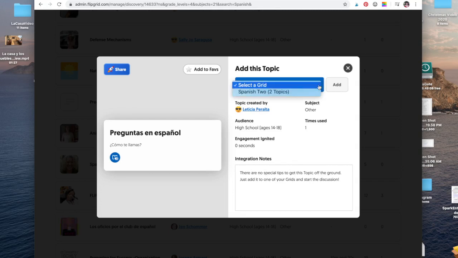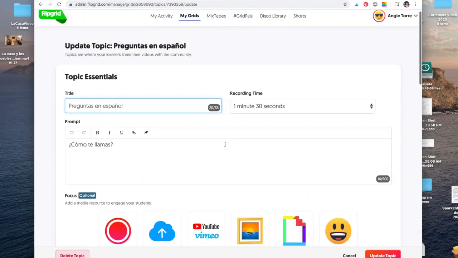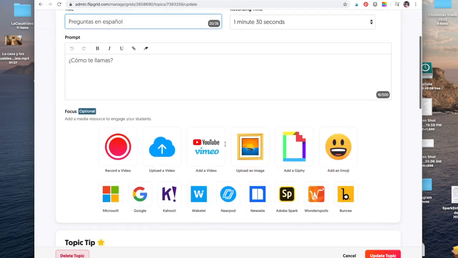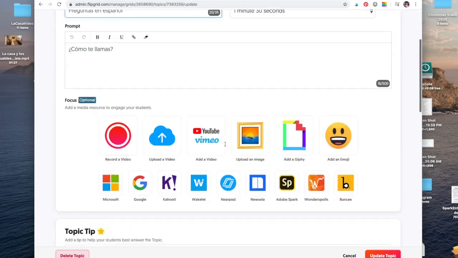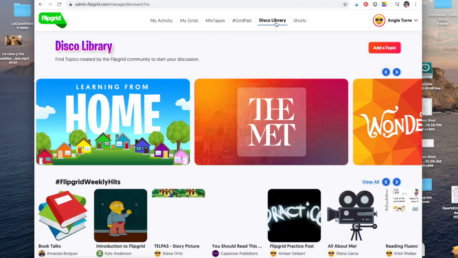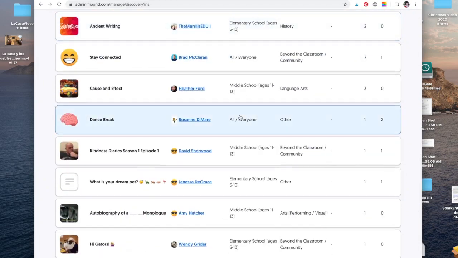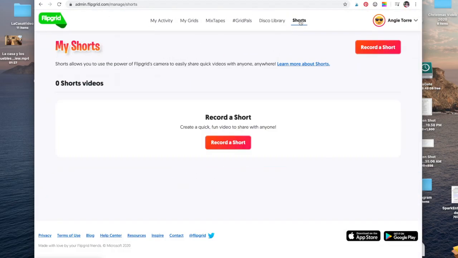add it. So you select a grid. I only have one, and then you add it, and now it's part of your topic. It's one of your topics, but all it says is como te llamas. So if you find one you like, then it's already done for you, but I had a hard time finding any good ones. So